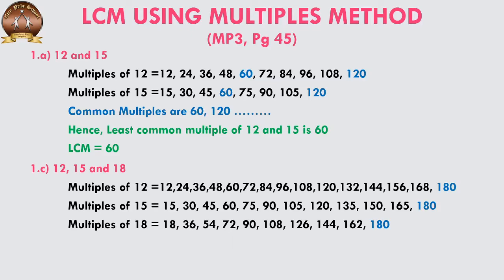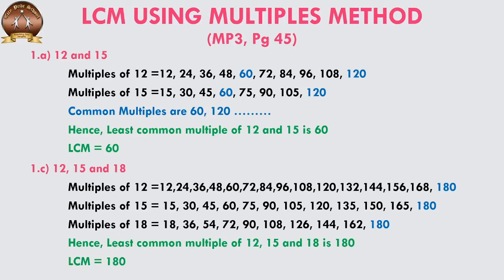And as we see that we have to find the common multiple amongst the three numbers, we get 180 as the common multiple. So many numbers we had to write for 12, a few numbers for 15, and even fewer numbers for 18, and then we get the common multiple as 180. Hence, the least common multiple of 12, 15 and 18 is 180. There might be many more multiples, but we have just chosen the least one, and that is 180. We are not finding any more in these. So the LCM is 180.